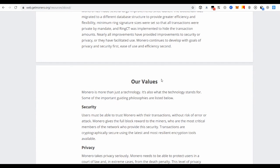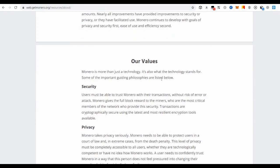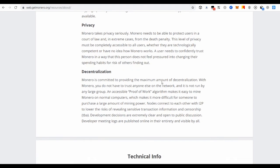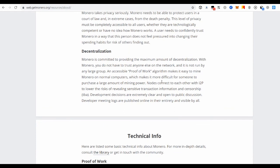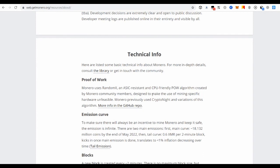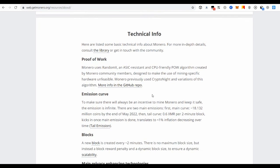Privacy. Monero is very serious about personal privacy. Monero should be able to protect users in code and, in extreme cases, from the death penalty. This level of privacy should be fully accessible to all users, regardless of whether they are technically competent or have no idea how Monero works. The users should confidently trust Monero so that they do not feel pressure to change their usual expenses for fear of the risk of detection by others. Key technology